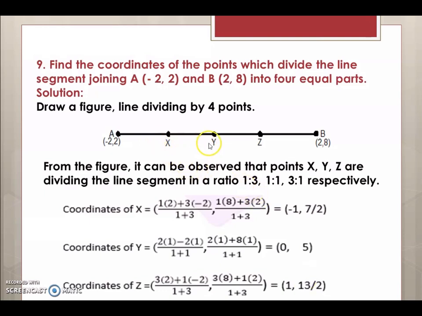Another way can be, first find the coordinates of the point Y using the midpoint formula on A and B, as Y is the midpoint of AB. After finding the coordinates of the point Y, we can find the coordinates of the point X using again the midpoint formula, because X is the midpoint of AY and Z is the midpoint of YB. So then you can find the coordinates of Z also using again the midpoint formula on YB. So this can be another way of doing it.